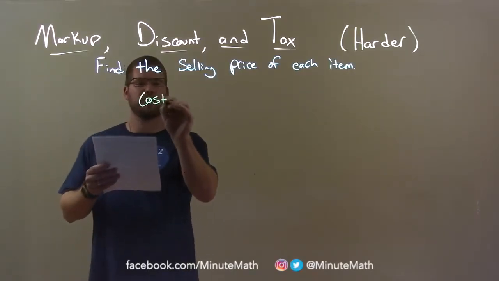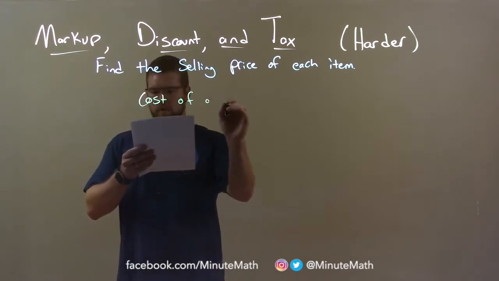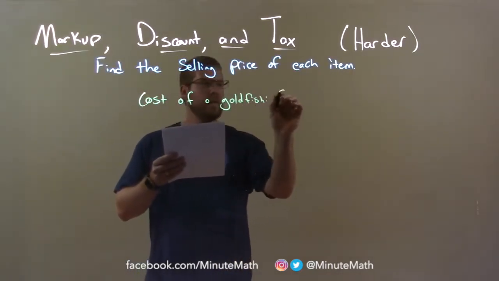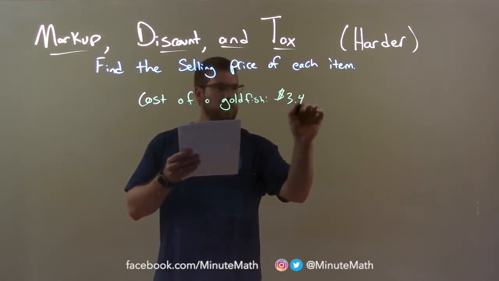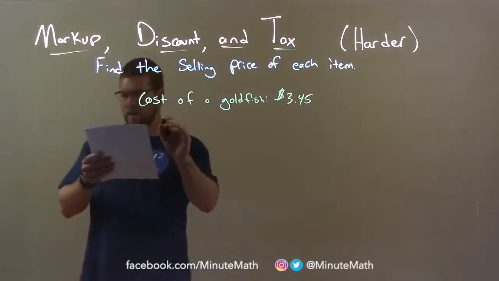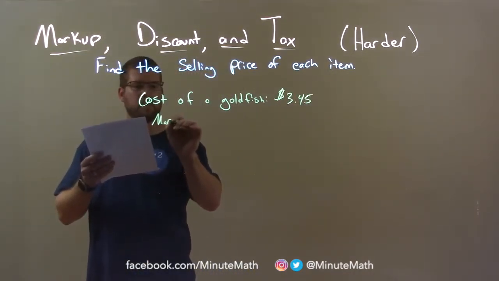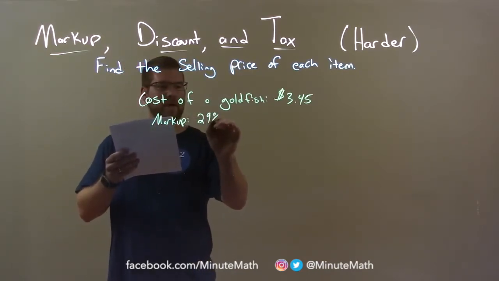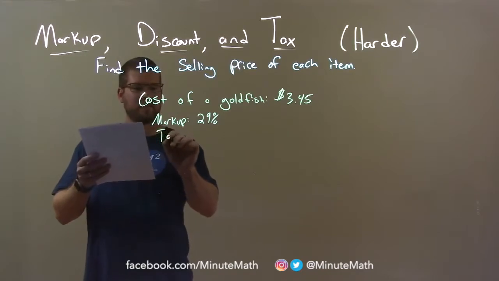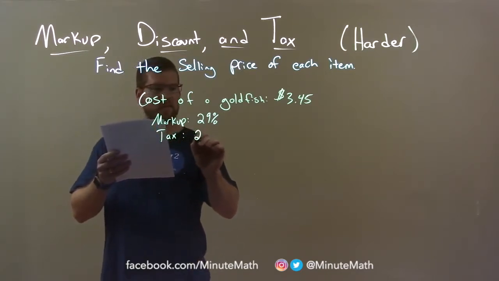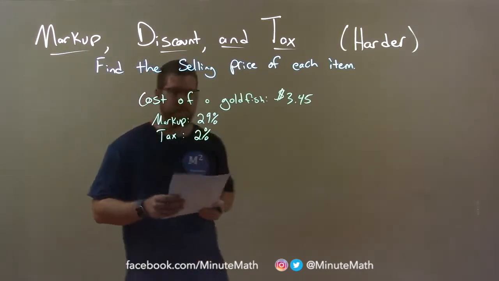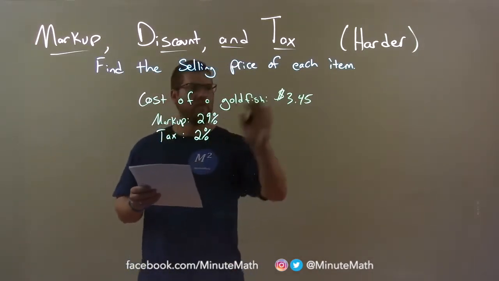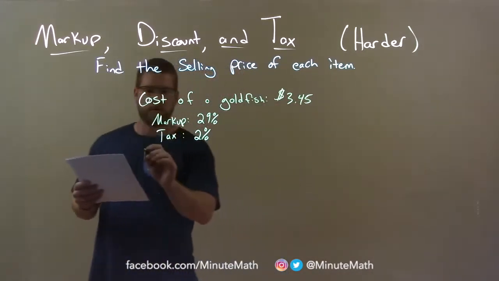The cost of a goldfish is $3.45. Its markup is 29%, and its tax is 2%. We got 2% tax there. Okay? Well, what I want to do now, so I first start with the cost of the goldfish,